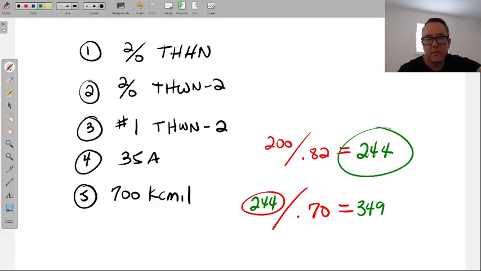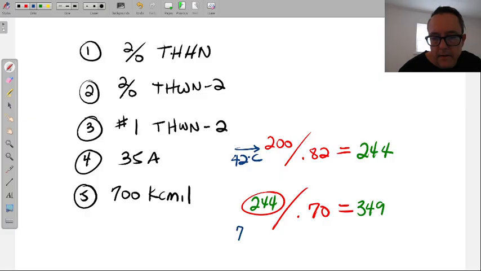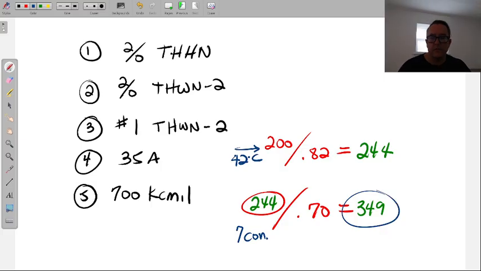This would have been fine at temperature, but now we're also putting all these wires in a single conduit. So the top one is the temperature. Yeah, the 42 Celsius, and the bottom one is the 7 conductors. You could have done this the other way around. You could have done 200 divided by 0.7, come up with that answer, and then done the 0.82 to that. You could have done this either or. It gets you to the same size conductor. This number is what we're using now to size our wire.